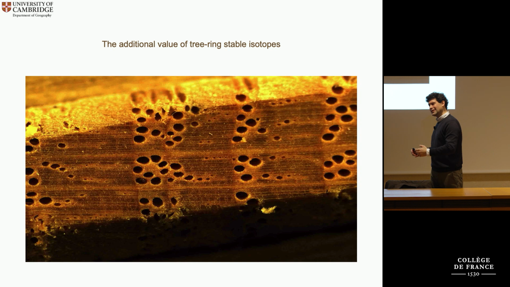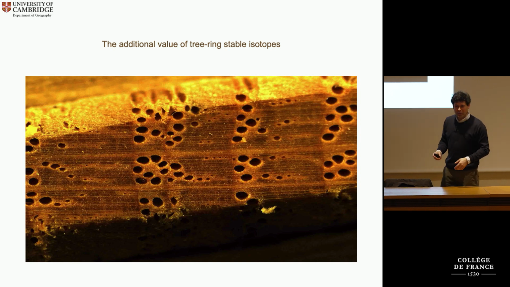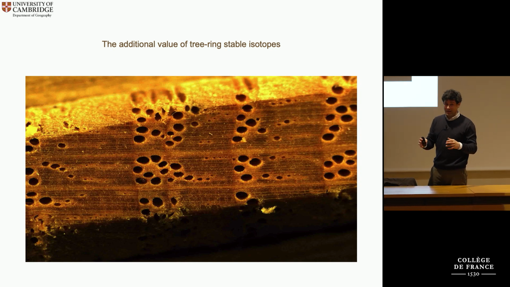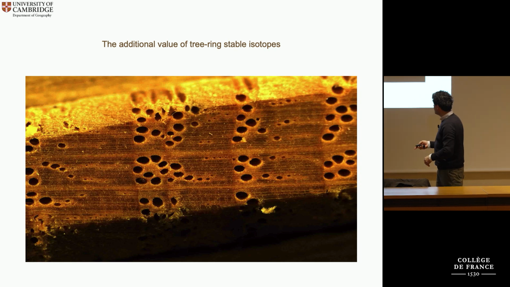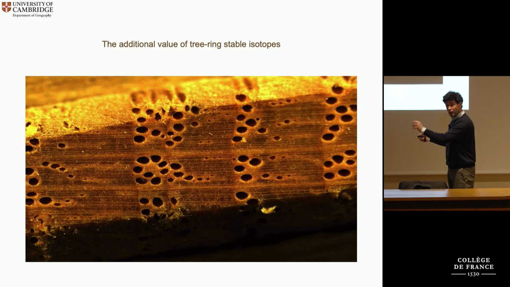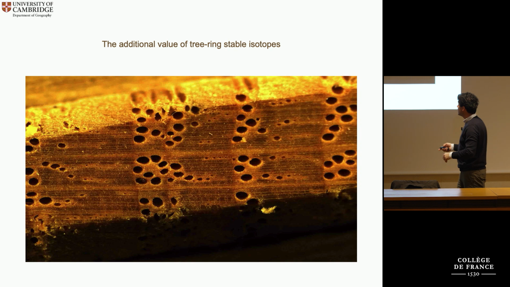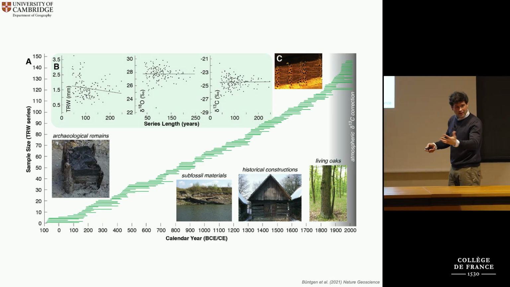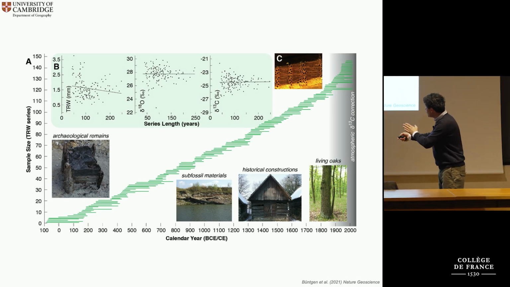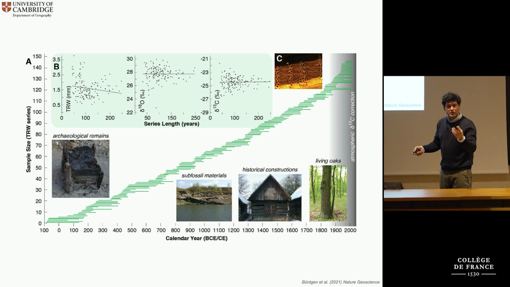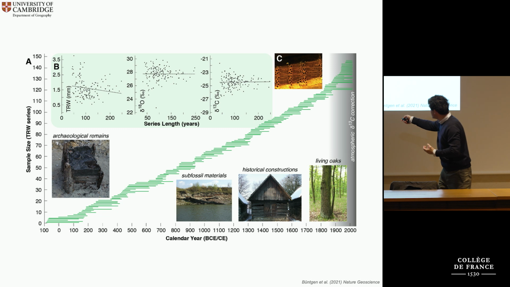So then we have to invest a lot, use very complicated and very expensive mass spectrometers, take the cellulose into it so that we extract from the annual ring, so we had annual resolution, and then we build up these records. This is the first 2,000-year-long continuous tree ring stable isotope record, living trees, oaks, historical construction timber, subfossil wood